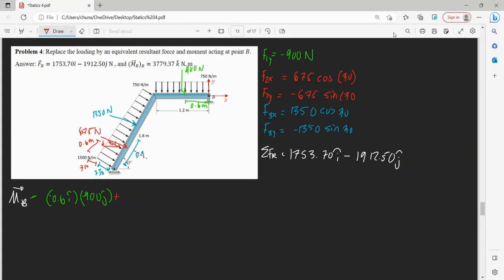And then we're going to use our x and y components. So we had negative 675 sine 30, and we'd want the horizontal distance to be from there. So then this would be,